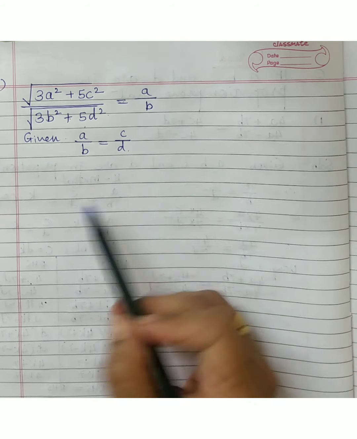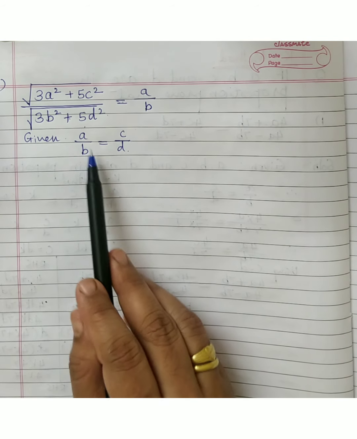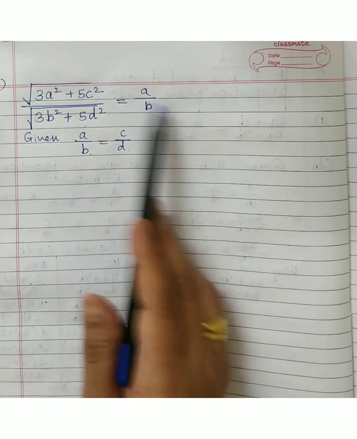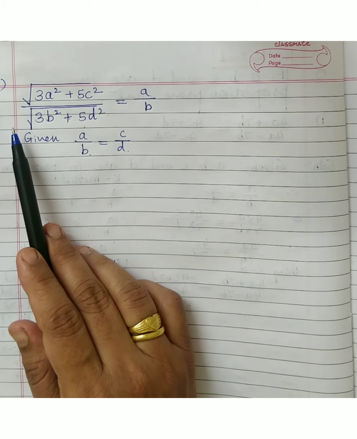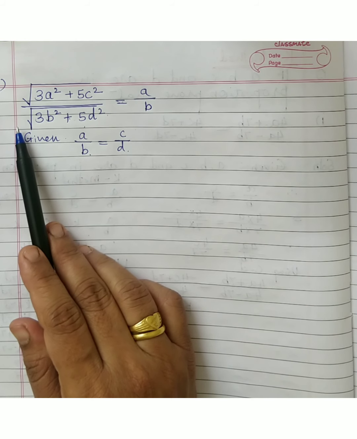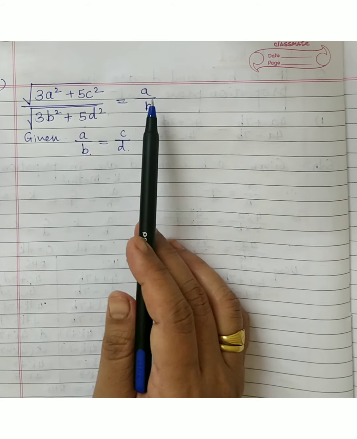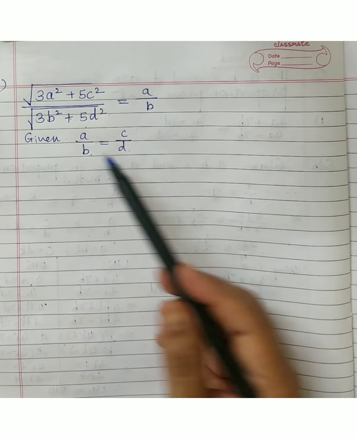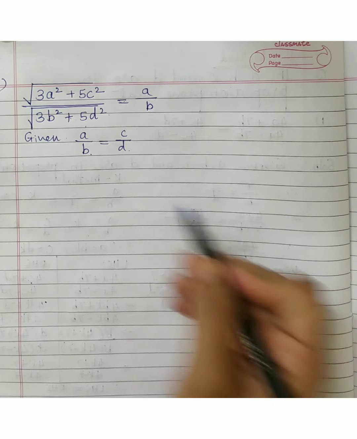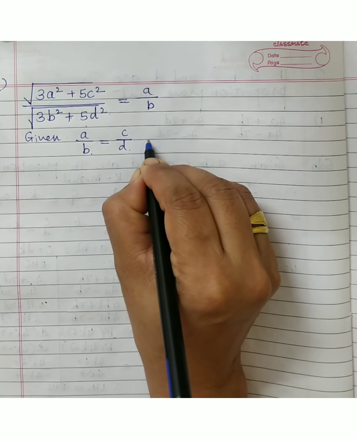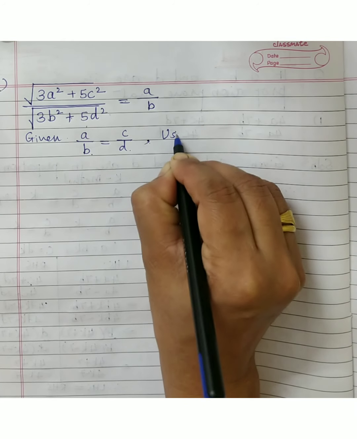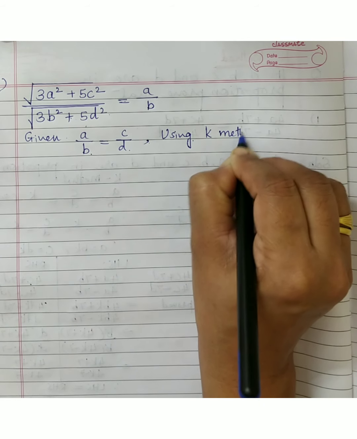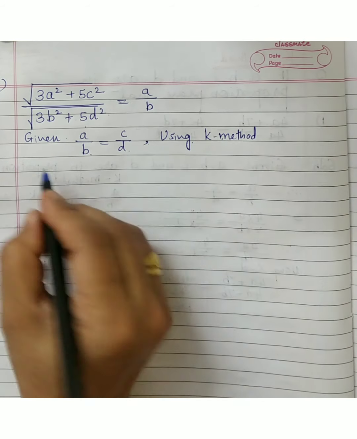So first thing, what do you observe? From a upon b is equal to c upon d, to reach this kind of expression may be difficult. First thing, it is not like the previous question I have shown you just now, where you multiplied either side by 4 upon 7. And secondly, in the question it is not mentioned to use the properties of proportion. So this gives us the liberty to use the k method. See, this kind of sum, as I mentioned, is sometimes a difficult one, but how they become very interesting and easy. So here which method am I going to use? K method. Conditions, I hope you have understood.